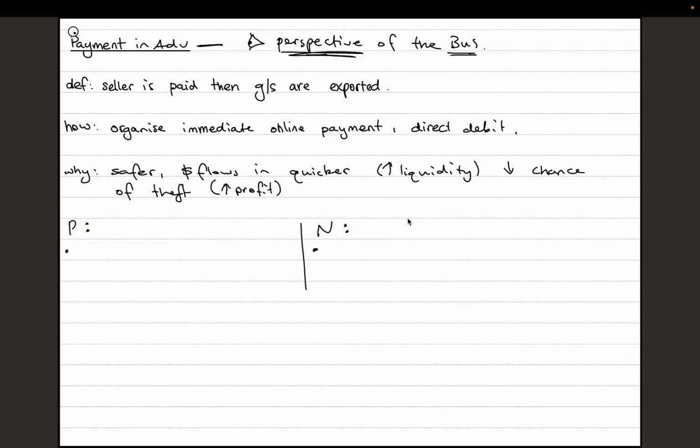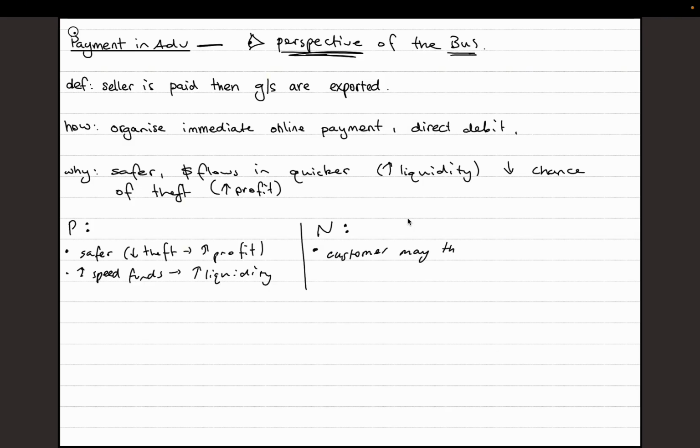A positive is that we can sort of take something out of the why where it's safer. So less theft, decreased theft, which leads to increased profit. Increased speed at which the funds come in, which improves liquidity. Sweet. And a negative point would be that the customer